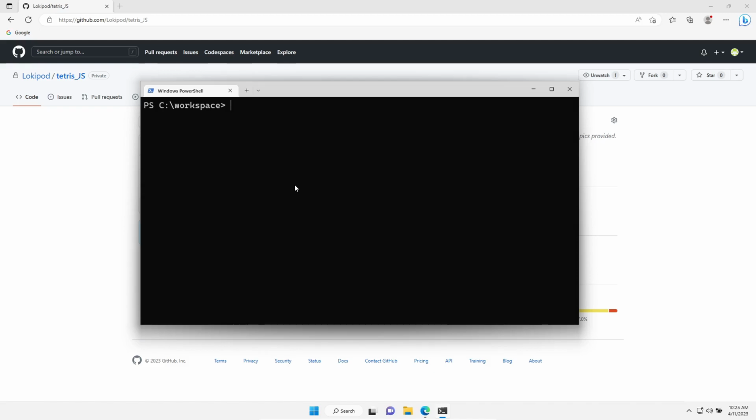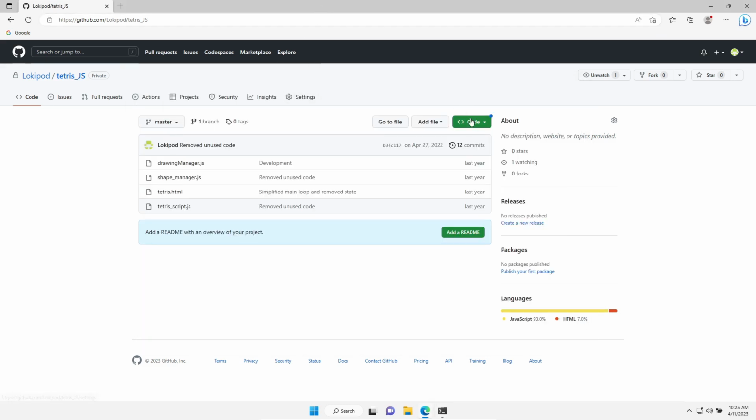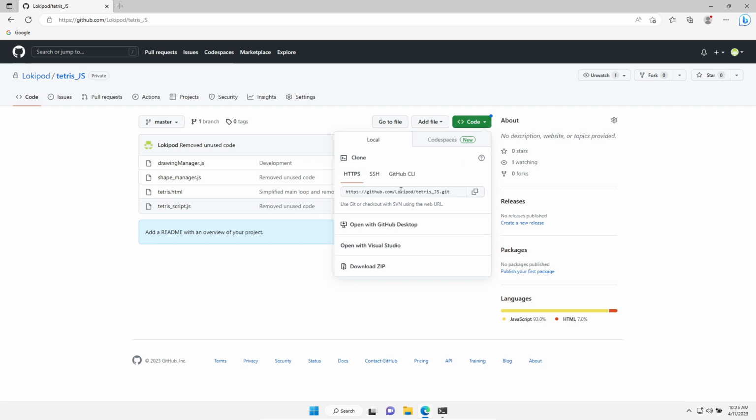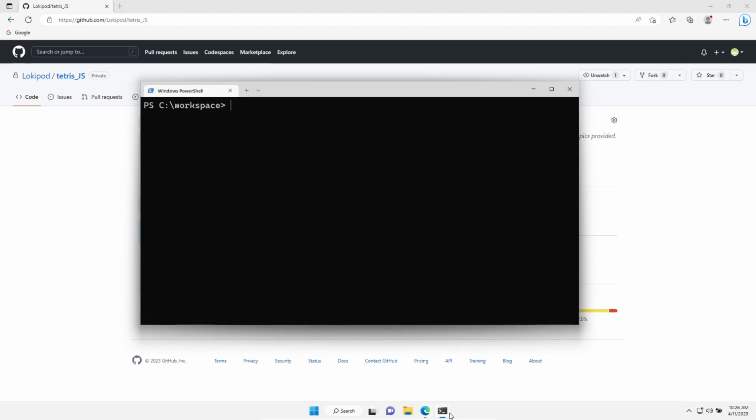So I'm on my Windows terminal, and now I want to clone my repository from GitHub. So what I need to do is open the repository page on GitHub, then click here and copy the HTTPS path. Now I can get back to that terminal and then type git clone and then paste the URL I just copied. But when I try to run this command,